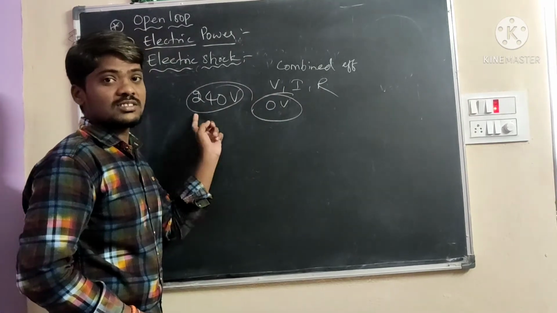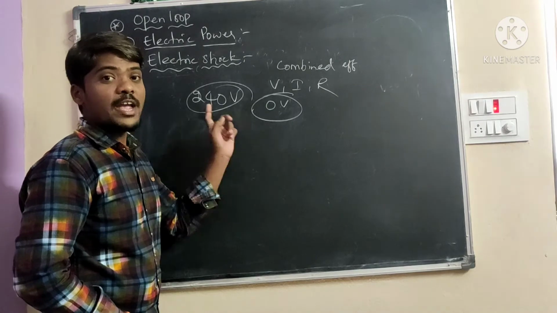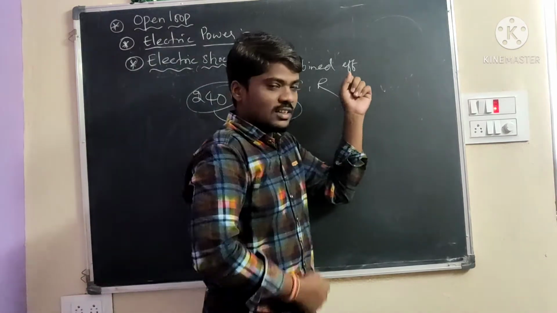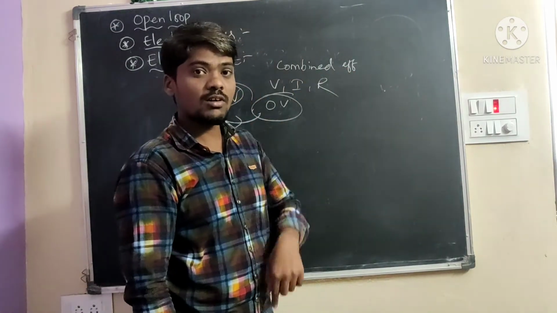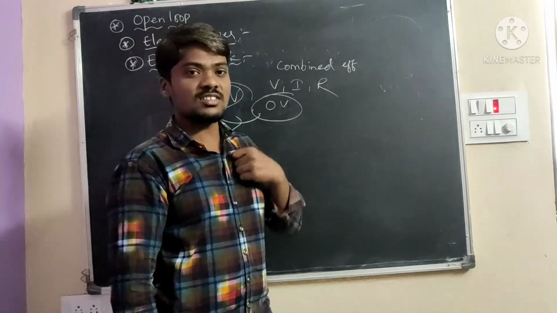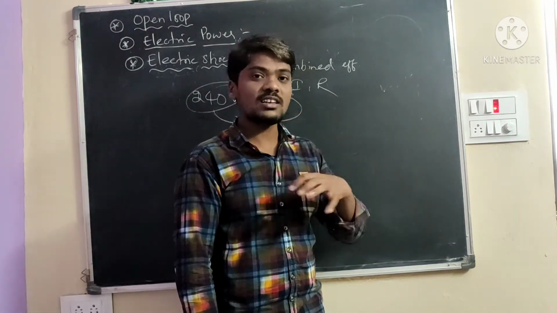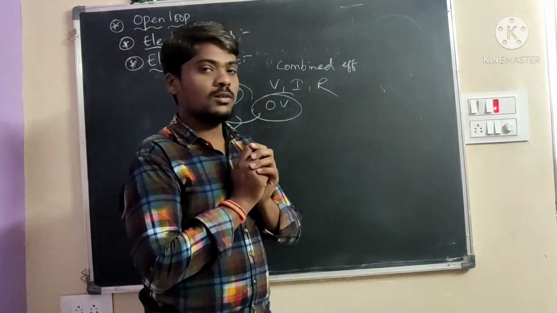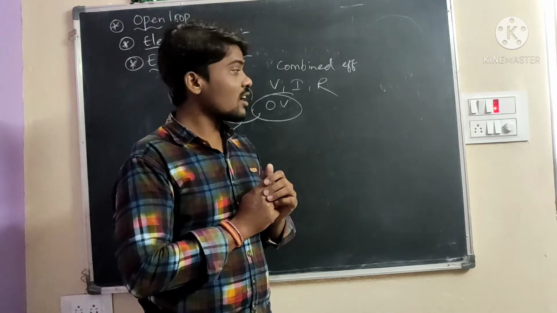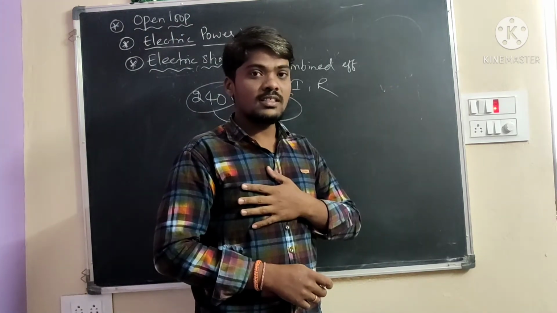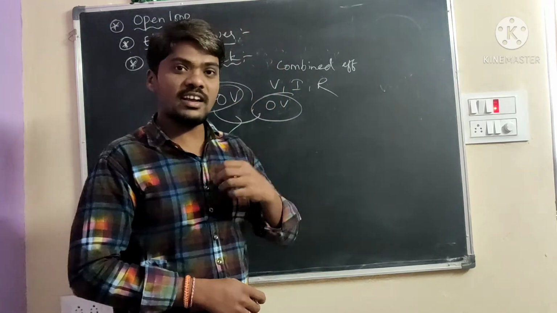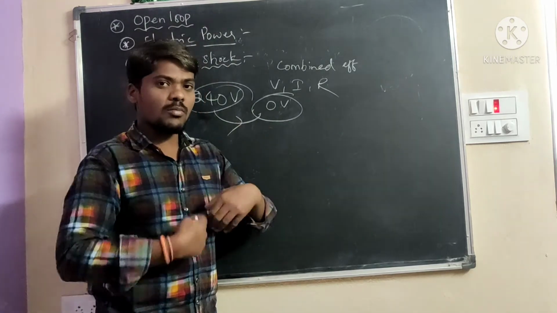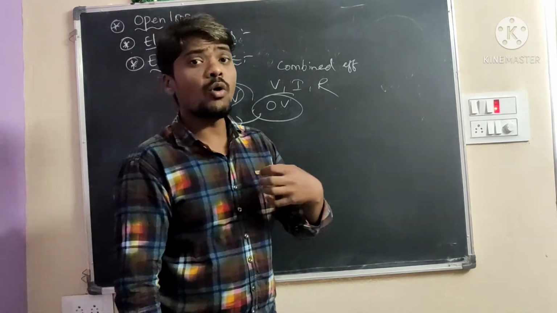Because there is a potential difference, the current passes from high potential to low potential, through our body to the earth. The human body has some resistance and behaves like a conducting wire, and charges are moving through the body.